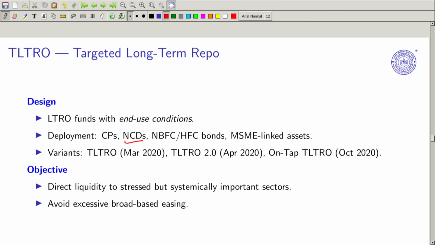Then NBFCs, non-banking financial corporations, and housing finance corporations. All these institutions also issue bonds. In India, because I am talking about the corporate bond market, here it could be